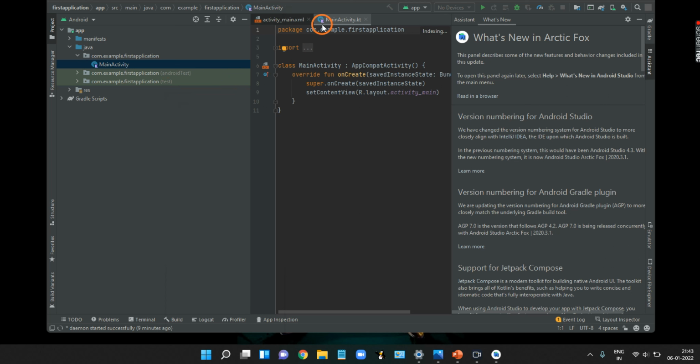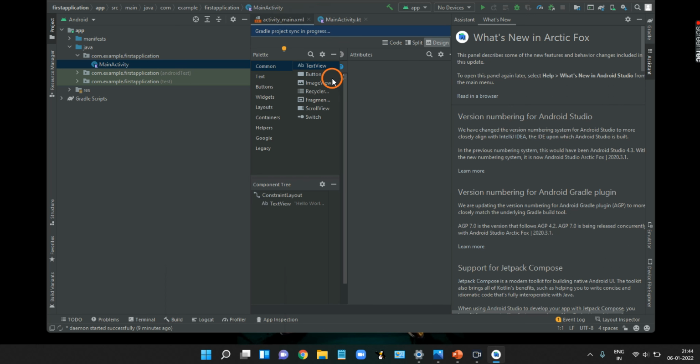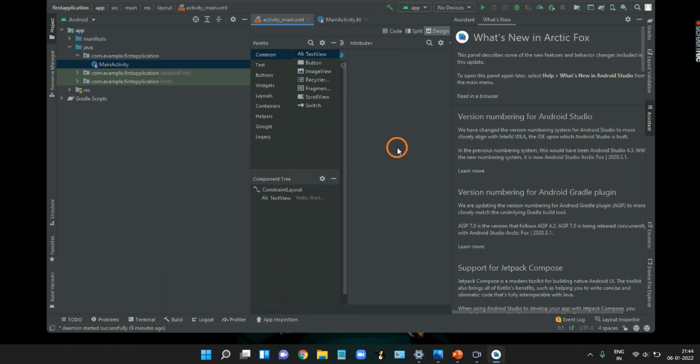You will get two options here. One is the main activity. In this part you write your logic, and this is the activity main.xml. In this part you get to see what you have done. You get to visualize here.